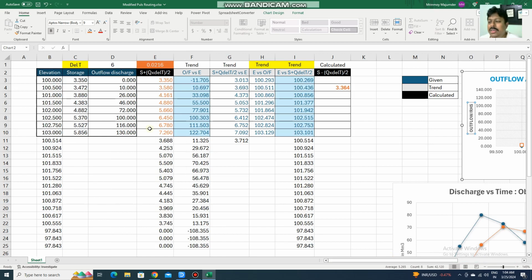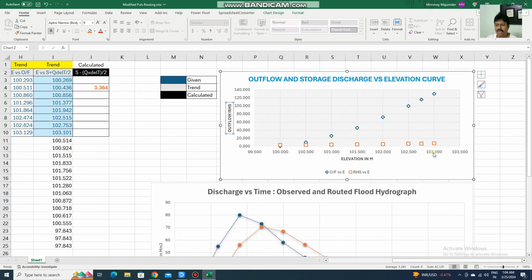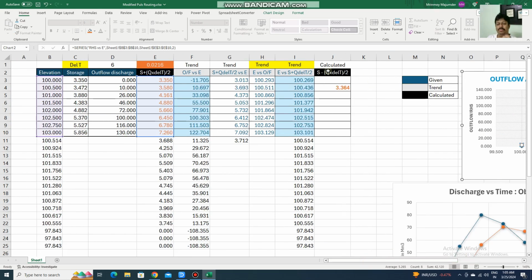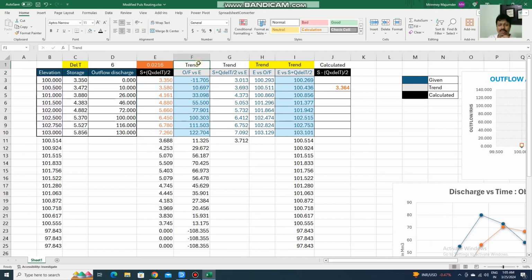After doing this, the third thing depends upon you, what you will do. You can either use the trend function or the linear regression function, which can be determined very easily by calculating the slope of this curve, and also the slope of this curve. Or you can use the Excel function TREND. Trend is a function which will give you a predicted y for a known x and known y. If you put known x and known y, the formula will give you the predicted y.